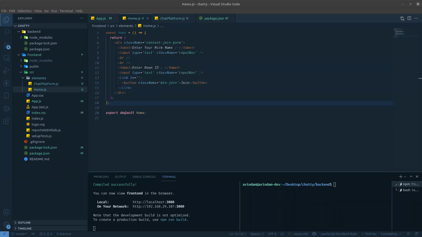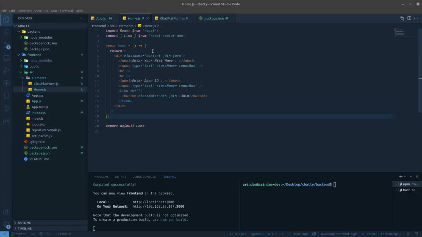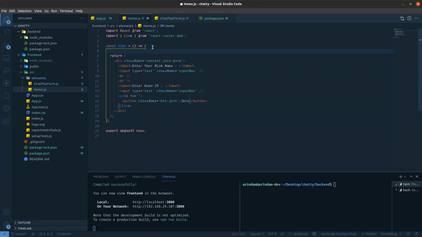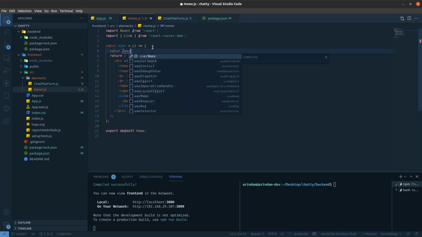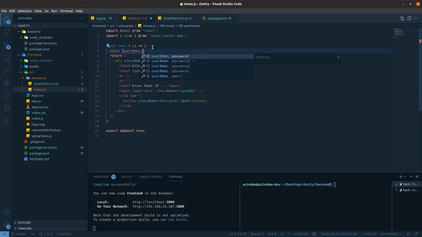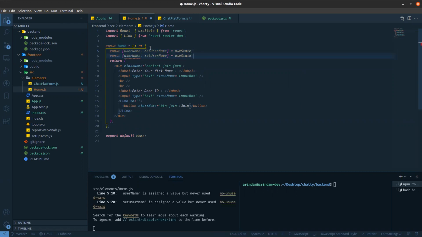So for home, what we need to do? There we will get two inputs, so for that we are creating two states. The first state is username. By default it is false.